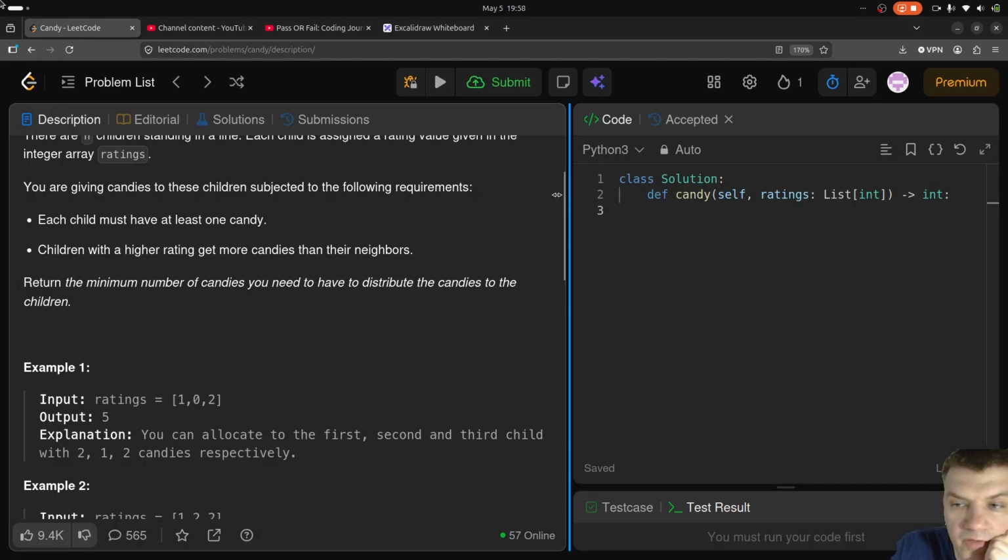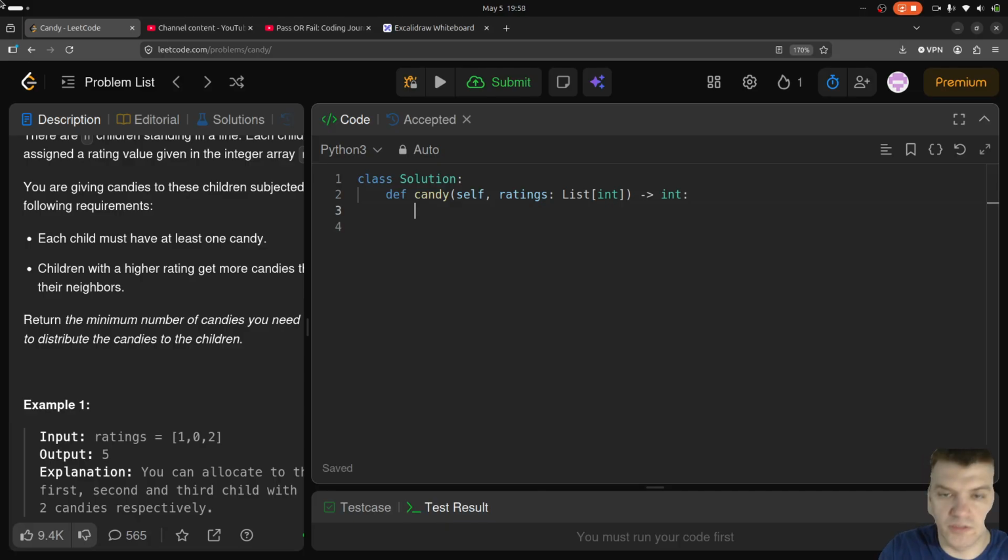I will be solving the next problem. So let me just do that in Python. So what I'm gonna do first? First, I'll create an interim array. So it's gonna be a list, and then for i in range len. Let's say we have n is equal to len. Let's say initially I'm gonna have 0. Okay, n equals len ratings, and then I'm gonna have